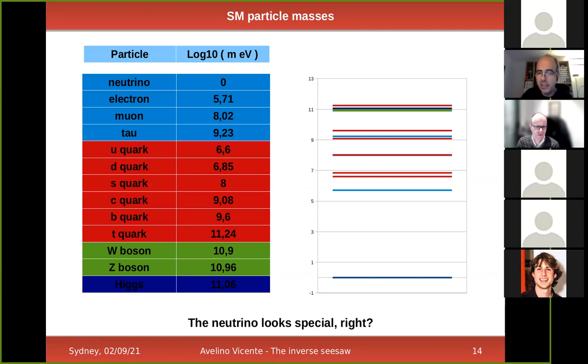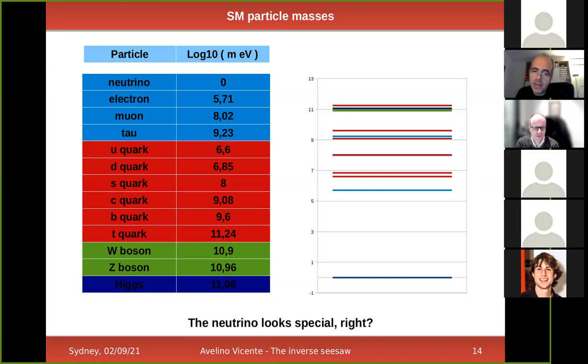You have here in log scale the masses of the different particles that we have discovered so far, from the Higgs boson to the charged leptons, and then below we have the neutrino, which, as I said, has a mass which has to be below this line. So to me, it looks very interesting that there is a huge gap, and I'm using log scale, so the gap is actually really large between all the standard model particles and the neutrino. There seems to be something special about the neutrino.